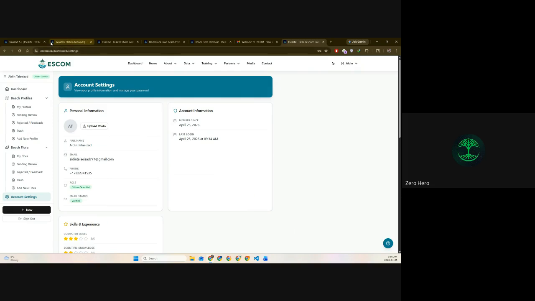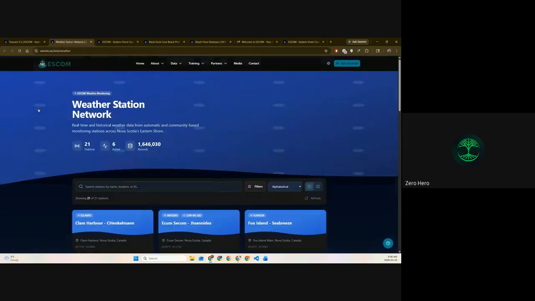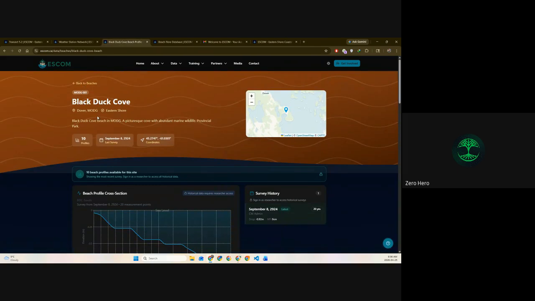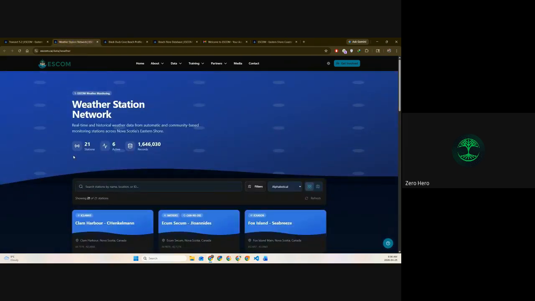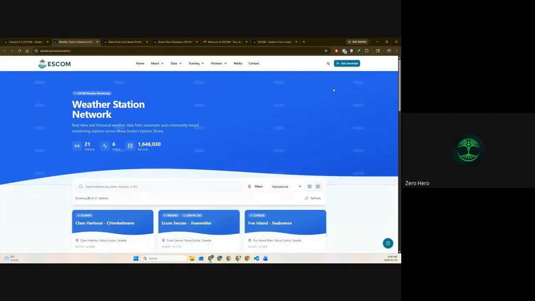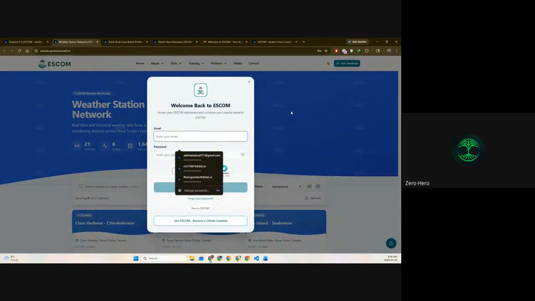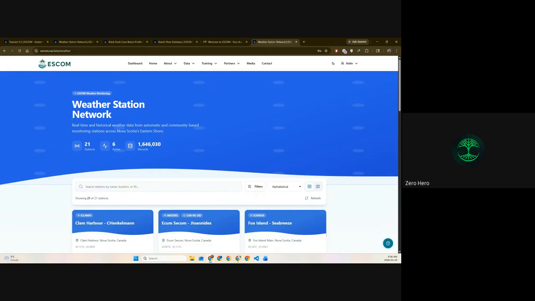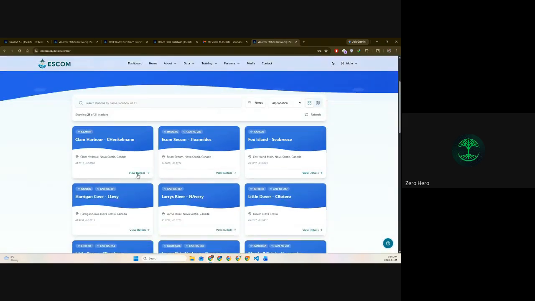So I'm just going to go back to the weather data. So close here. So here, I'm just going to refresh my page. Maybe from here, I can just jump on. So on weather stations, I will go over